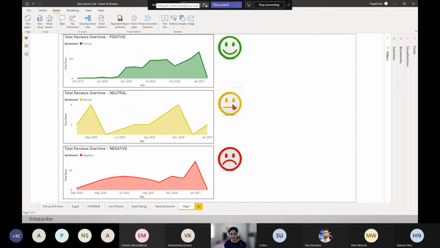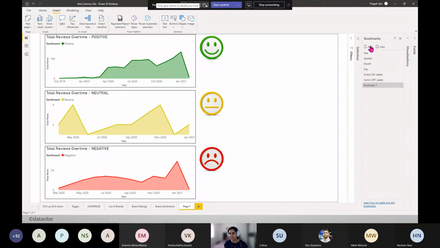If I click on this neutral image, I want it to display only this chart and just hide the other two charts. And same with the third image. Click on it. It should only show me the chart with the negative sentiment and hide the positive and neutral. So, simple thing, we create three bookmarks. The first bookmark we'll rename as